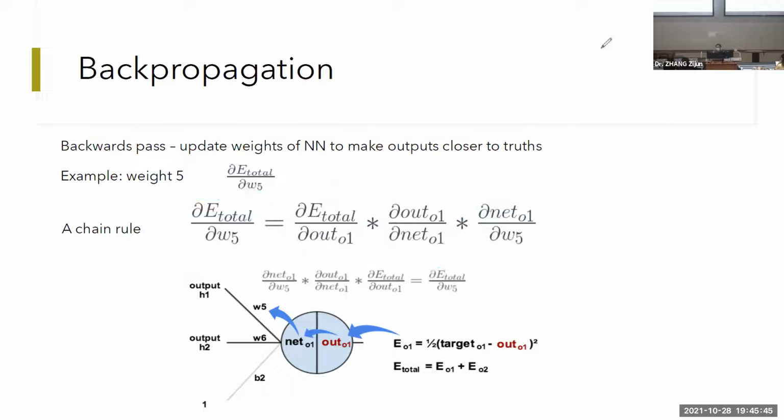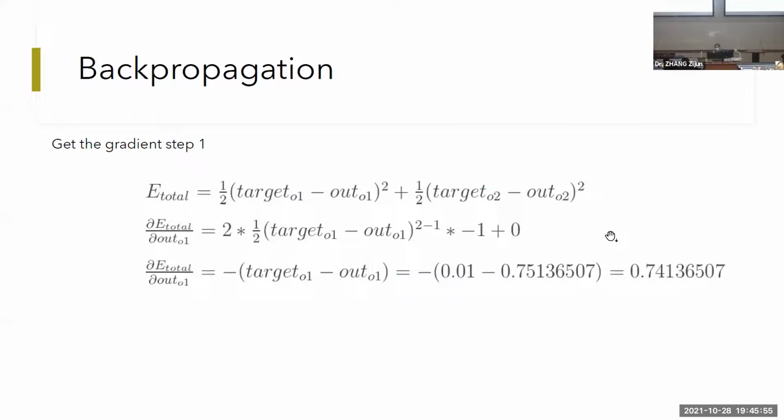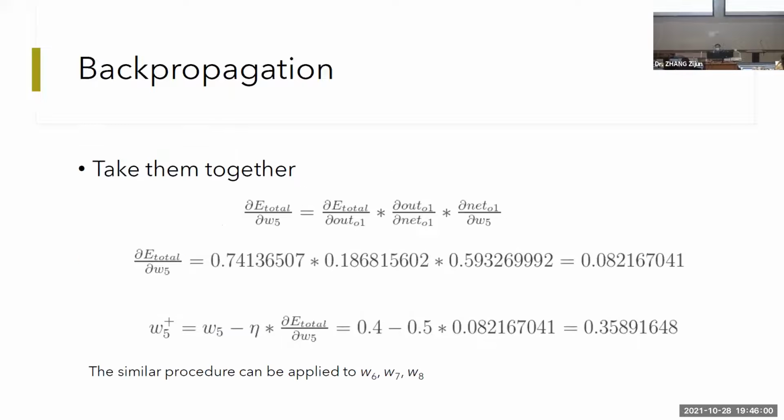I have a question. Yes. How do we know that the iteration rule is right? What do you mean by iteration, the update rule? The last one? Yes. This one? Yes. How do we know the rule is right? I mean, why do we minus the gradient? Yeah, you're right. So